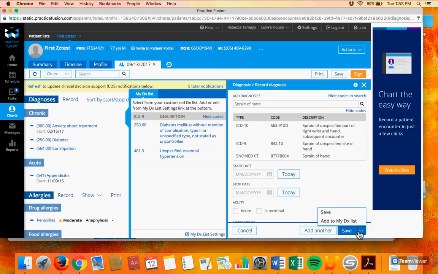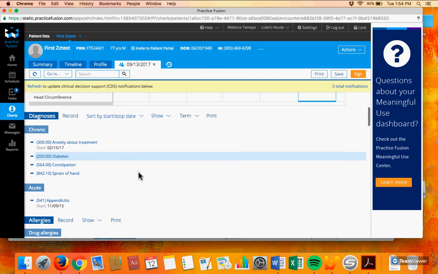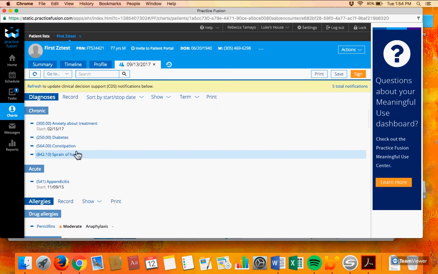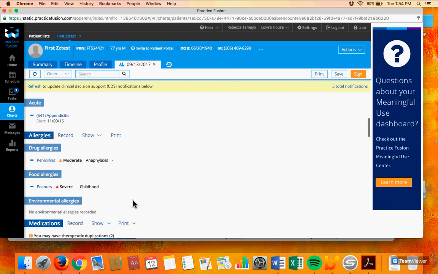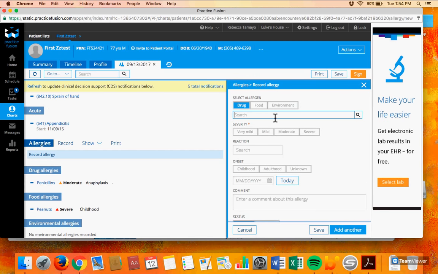And then we can choose to either save this or continue and add a second. So I'll just save this one. And now we can see that it has popped up right here. We can continue to allergies. So basically a similar